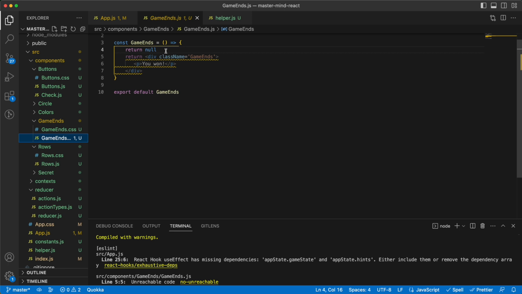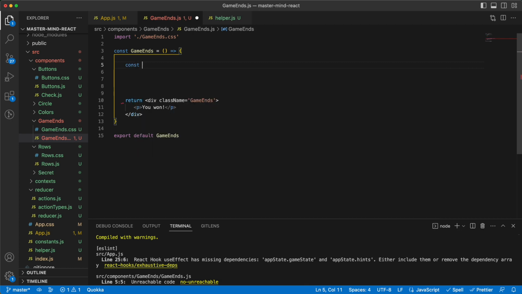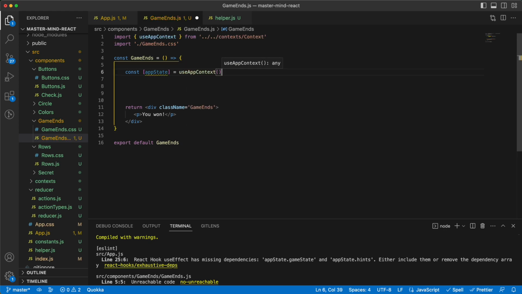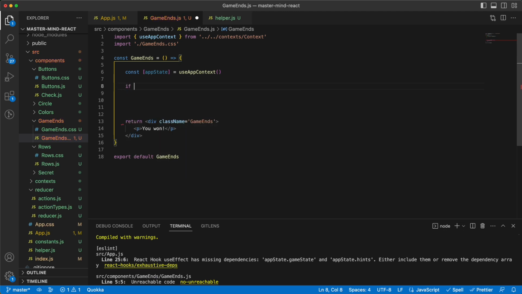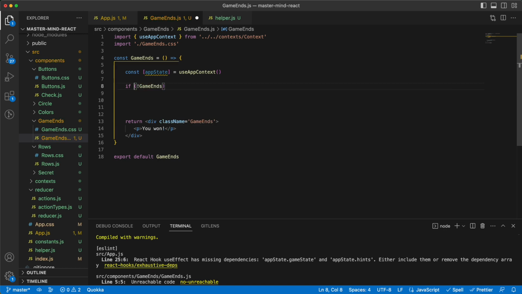So here we should grab the app state only from the state or app context, like so, and we would only show this div if the game ends is not empty. So if not app state dot game state, if this is an empty string, which means the game is ongoing, just